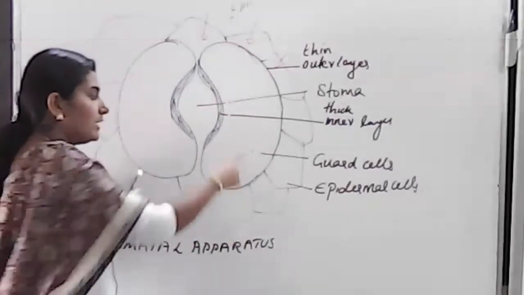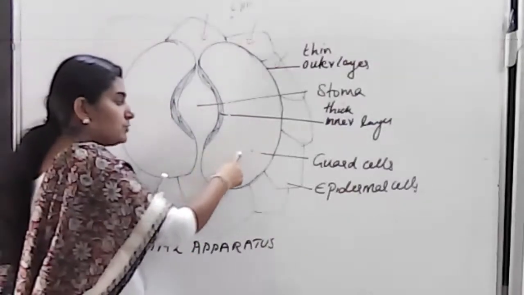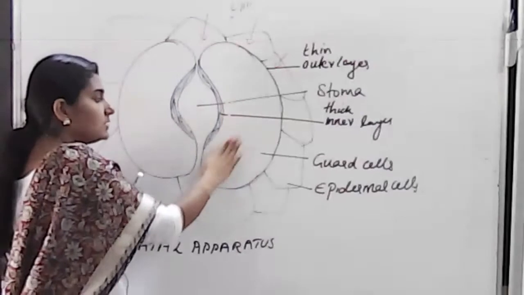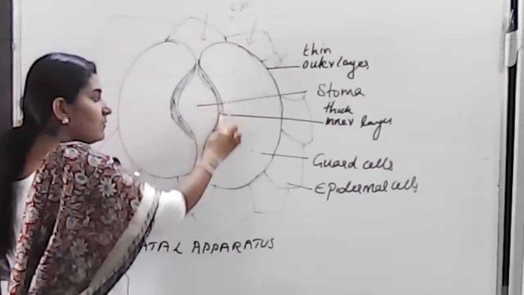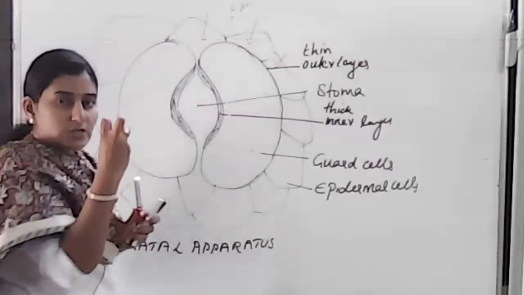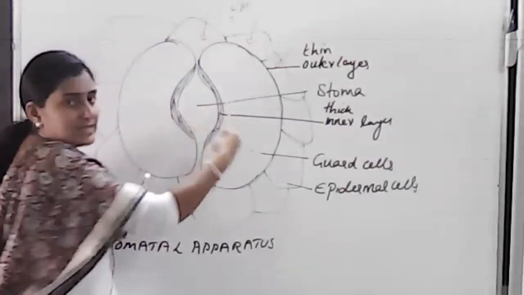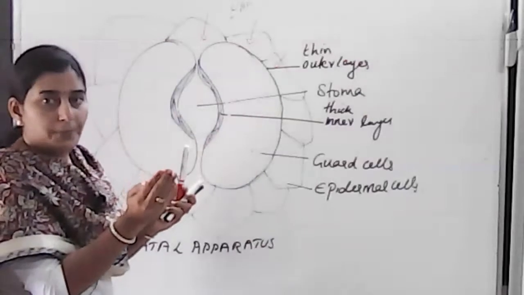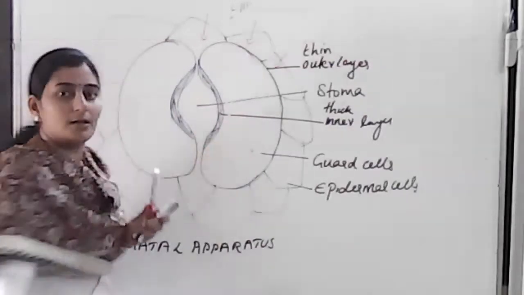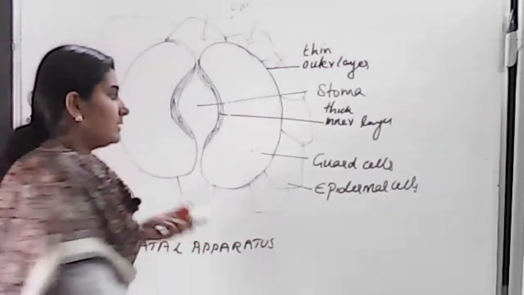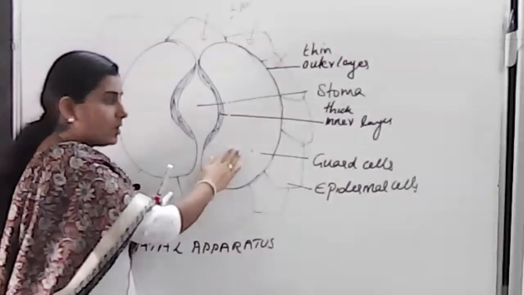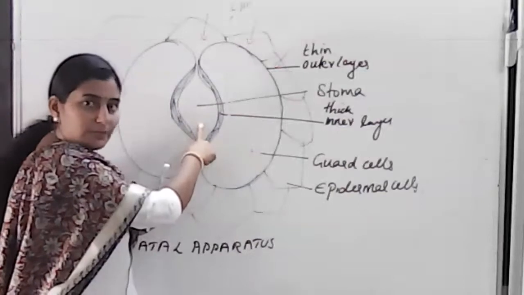So when it is fully filled with water, when it needs to give out a lot of water, this guard cell will get completely filled with water. That means the inner walls of this guard cell will be stretched and move towards inside. That means the stoma gets open. When this guard cell becomes turgid, you are remembering the term we studied in the last chapter. So when the guard cells are fully filled with water, or become turgid, stomata will be open.